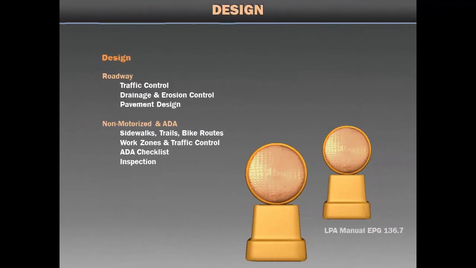For roadway design, we are going to discuss key focus areas. The first key area is traffic control. Traffic control is required for all projects from small trail projects to large roadway or bridge construction. For example, a new trail project would require construction fencing to keep someone from walking into a work zone.